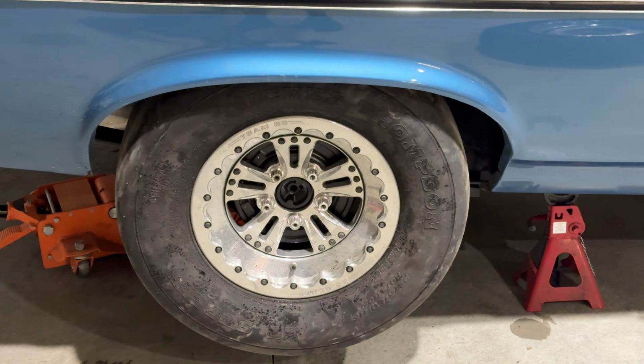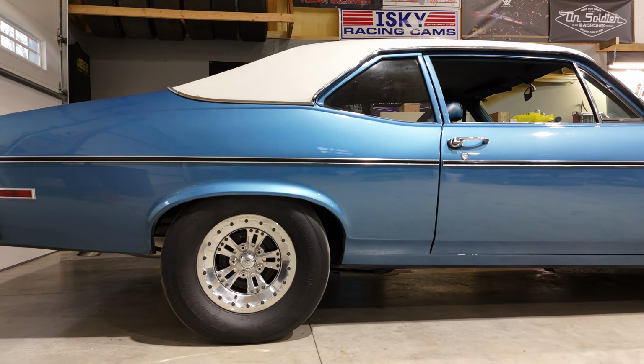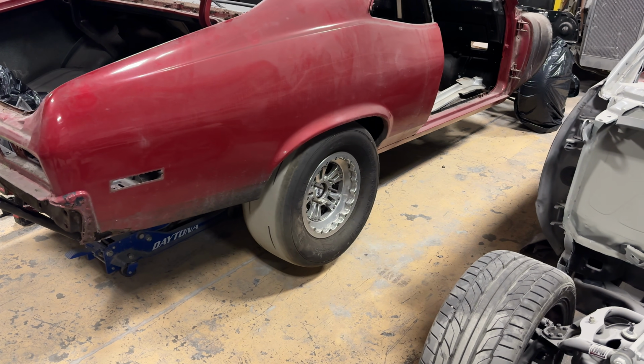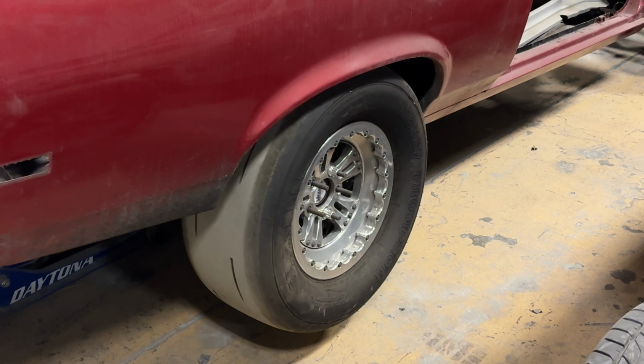I know a lot of people are going to ask. I'm just going to tell you right now, the rear wheels are 15x8s with a 5.5 inch offset, or a 5.5 inch backspace. That's the wheel dimension I've always used on my Nova, because it has stock wheel tubs, stock quarter panels. Now on my car, the shocks have been moved inboard, but really when you set the car at